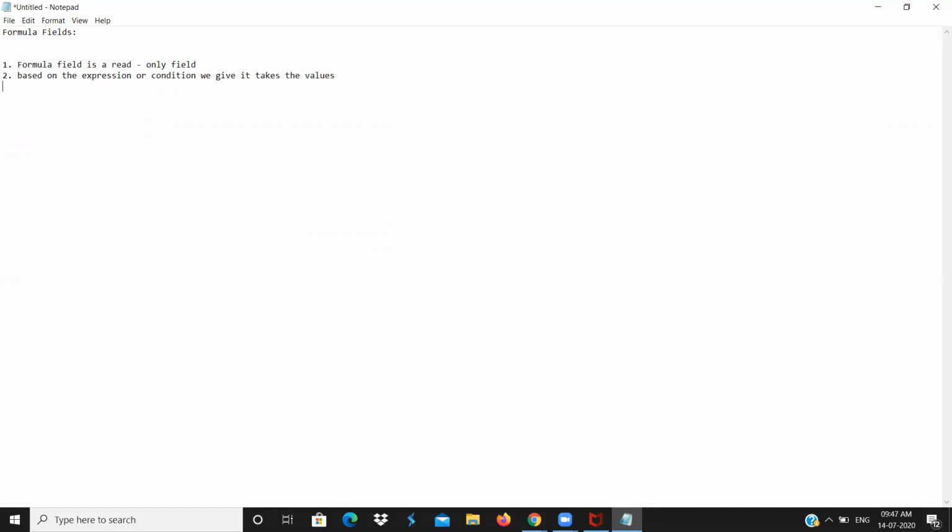Another important thing is in a formula you can refer to fields from the same object or another object. In a formula I need to give some expression. In that expression I need to include some field. You can have a field from the same object, that is no problem.